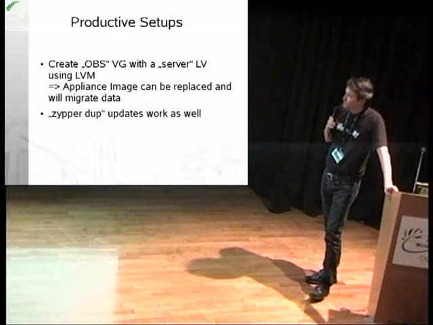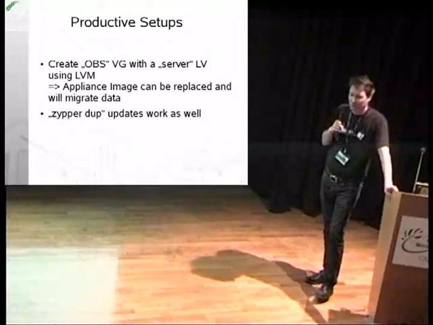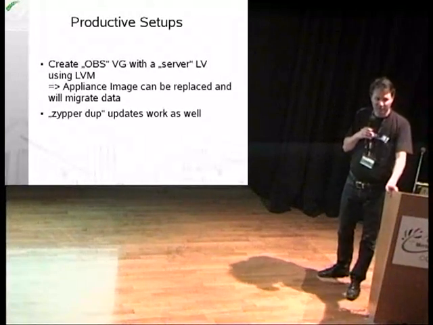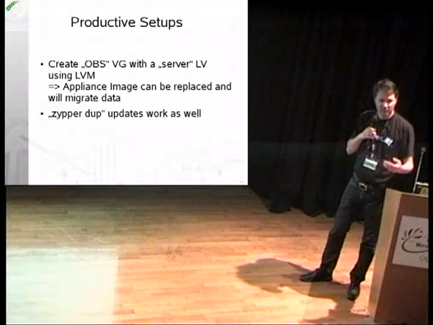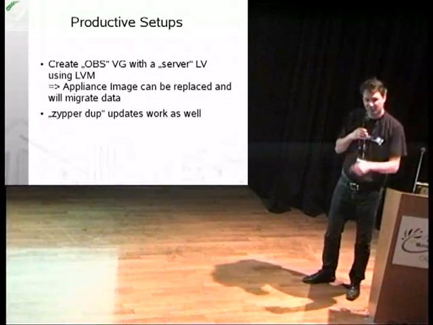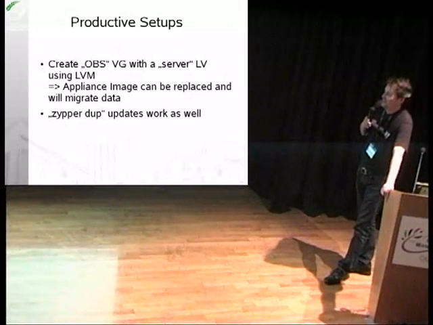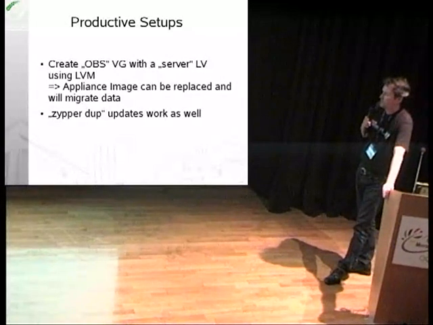With this mechanism, you can really throw away the entire root image, just use a new one, which is built cleanly from scratch using the build service, because the build service itself builds the build service appliance. And yeah, you get the new version, and hopefully everything is correctly updated.